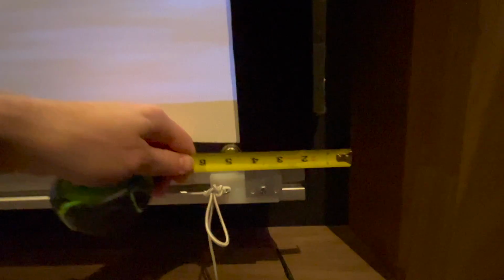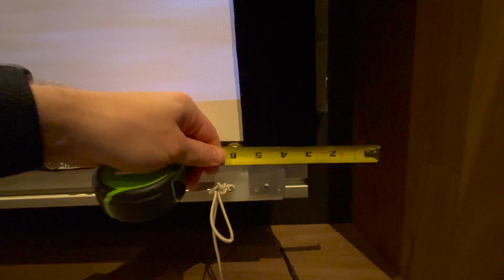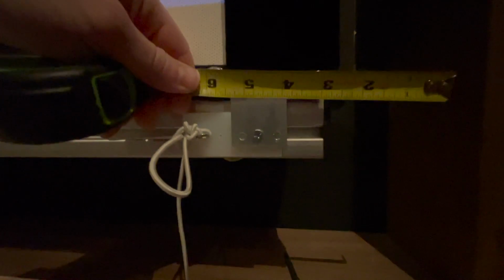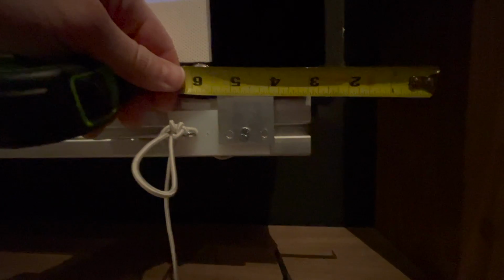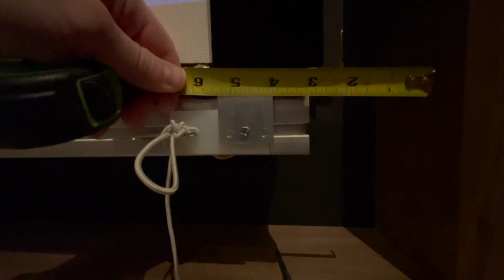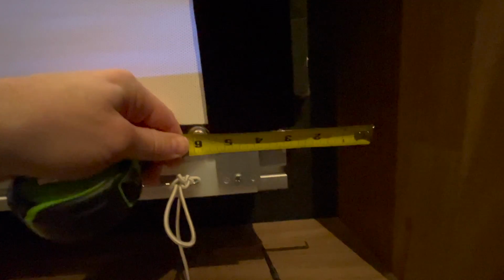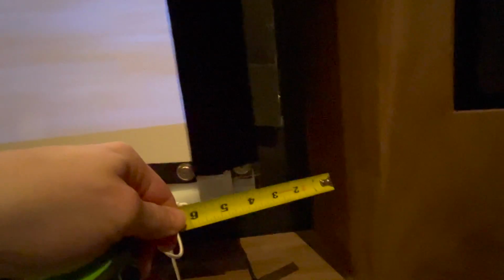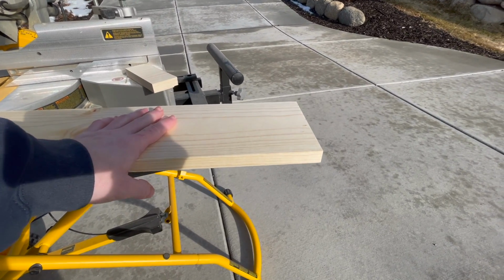But again, I need to know where the vertical piece is going to sit. It's going to sit about there, which is about 2 3/4 inches beyond my frame. So I'm going to measure how big I'm going to make this piece here. I'm going to add 2 3/4 inches so that it will line up with that vertical bar. So for my framing, I'm just using a 1x6